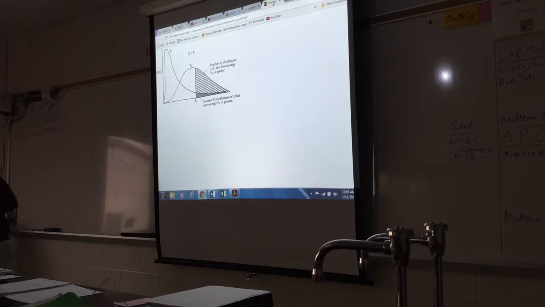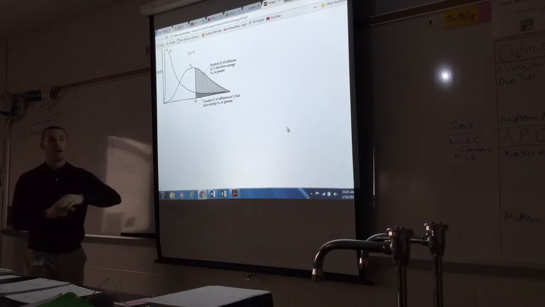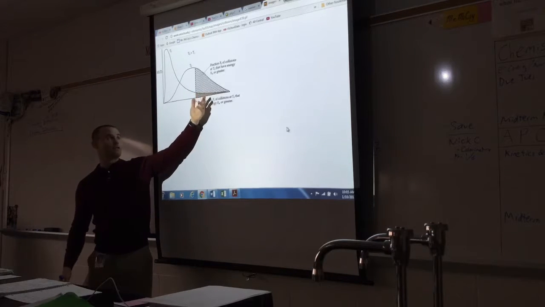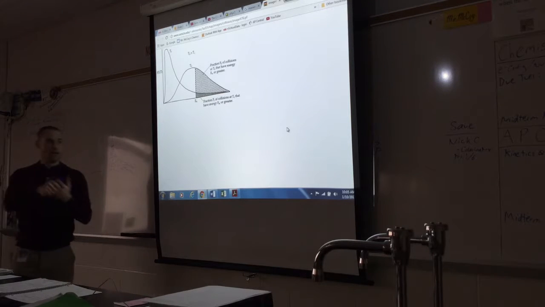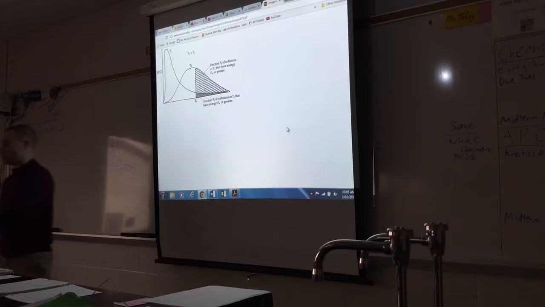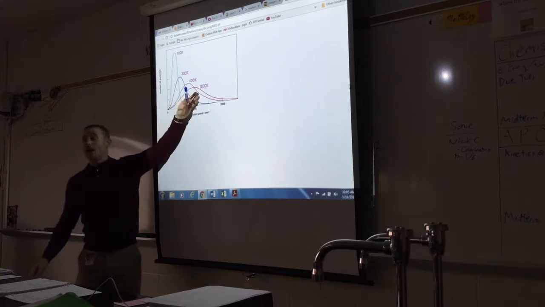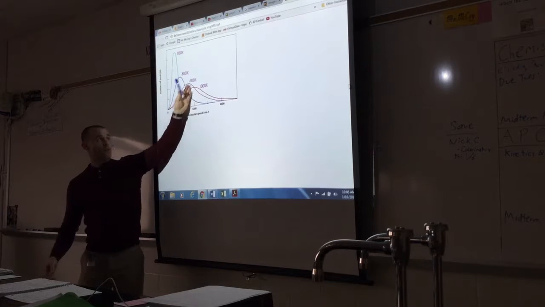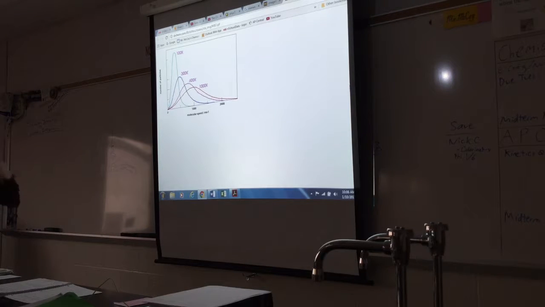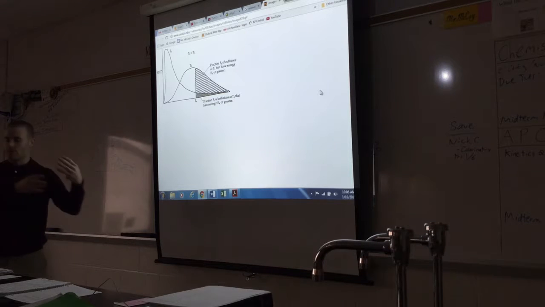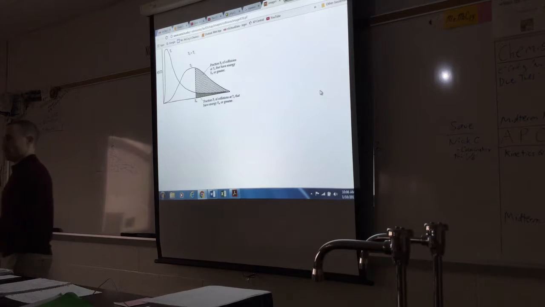So the reason I'm going through this again, we talked about this with gases, is now it's more appropriate with this reaction rate stuff. So what do you need to know? That if you increase temp, reaction rates increase, more products are formed. I think you guys know that because there's more effective collisions. But can you relate it to this graph? So the hotter it is, the flatter it becomes, the more particles will be to the right of that activation energy, meaning they've reached that energy to react. So that's how you can relate something we learned early in the year to the rate of reaction